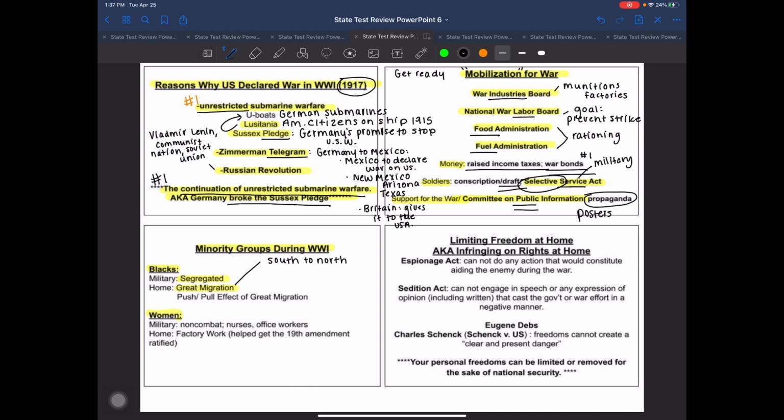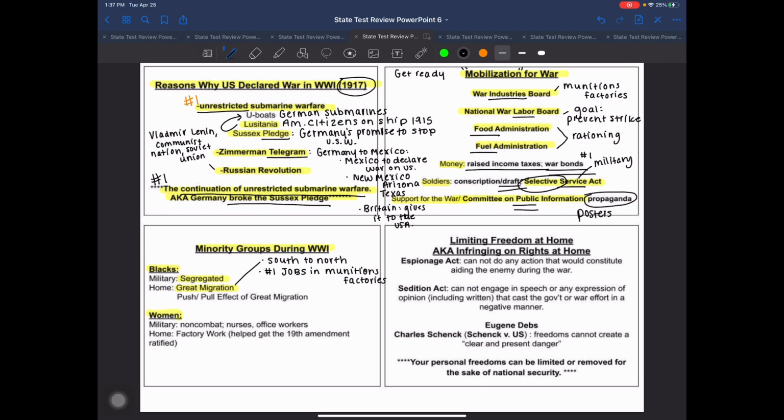And I have said it in units before this one, just to make life a little bit easier. The number one reason anybody migrates or immigrates into American cities is jobs, and in this particular case, jobs in munitions factories. So a lot of white men are going to volunteer and be drafted into this war. Of course, some African American men as well, but majority white. And so that's going to actually leave a whole lot of job availability in these munitions factories up north.